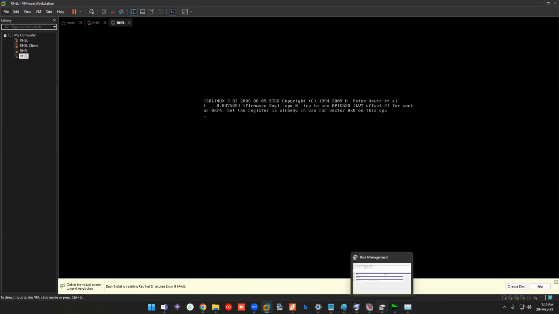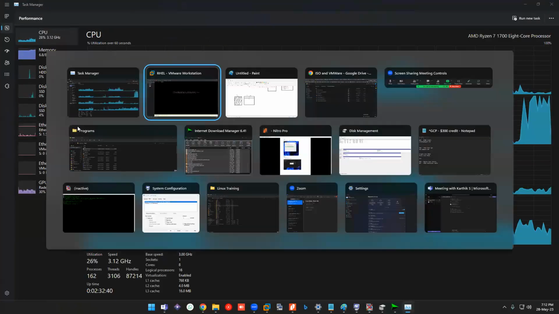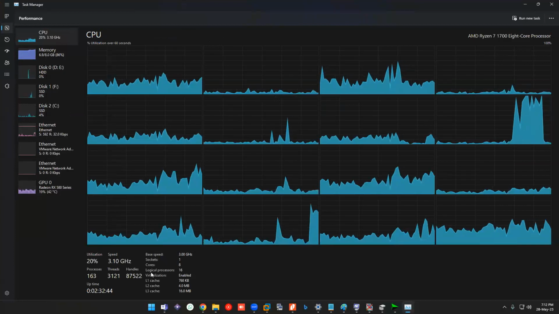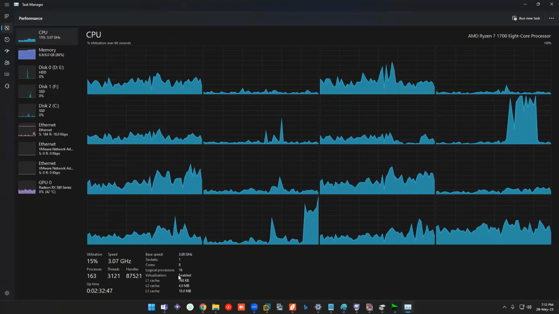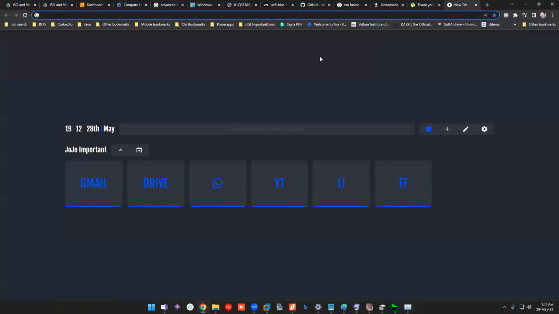For the people facing that issue, the issue is nothing but your virtualization is not enabled in your BIOS. So how would you enable that? Of course you know your laptop vendor.